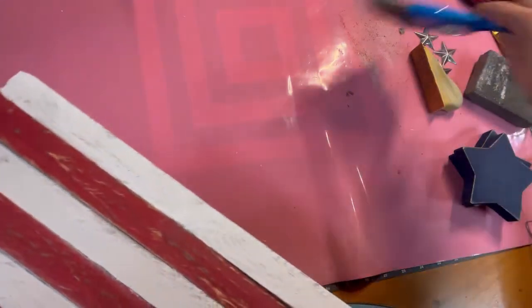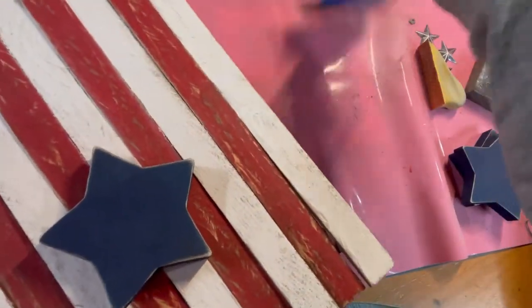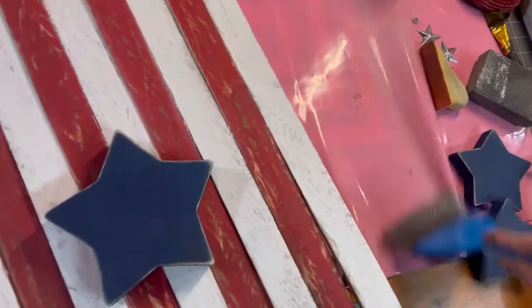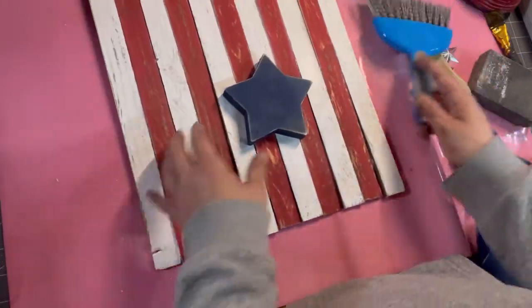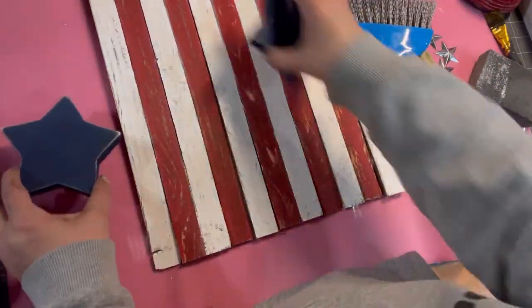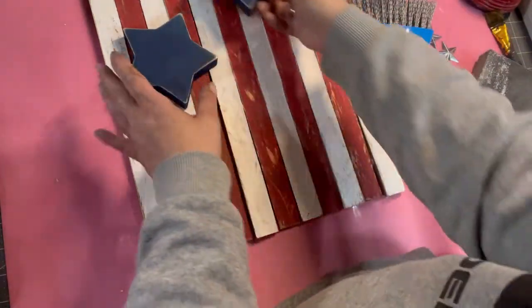Nobody likes cleaning up a mess, so you got to make it as easy as possible for you. And this little broom, it comes with a little dustpan. It really comes in handy for little projects. It does. I keep one or two under my desk, actually, and I can't tell you how many times I've used it. So now we're going to play with the stars, and we're going to put them on our flag